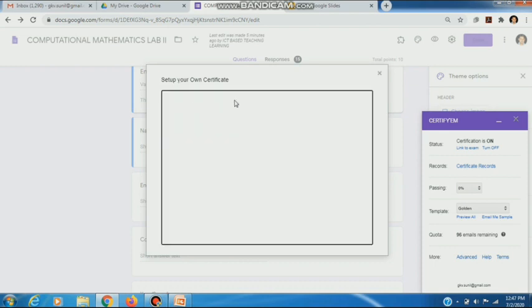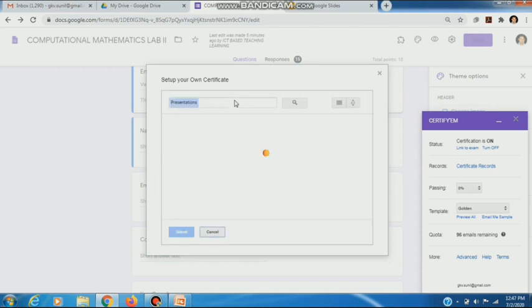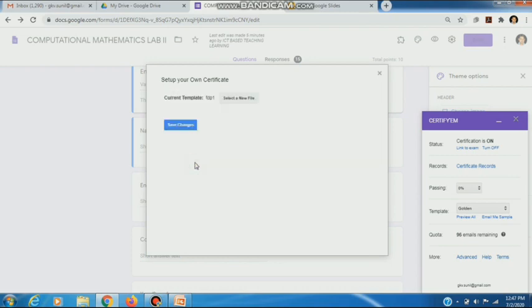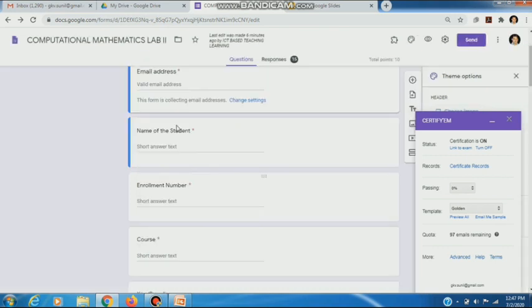We select a new file, and this is the certificate we have just created, and these are the previously created ones. I click on this FDP1. It must be changed here from golden to FDP1. So I click save changes. You can see it, FDP1.